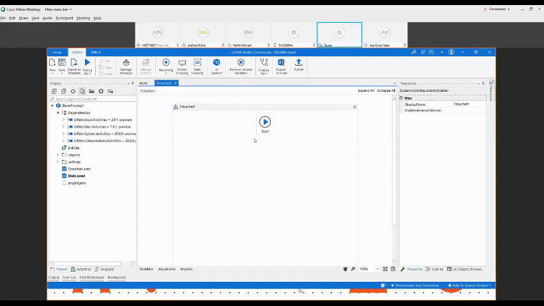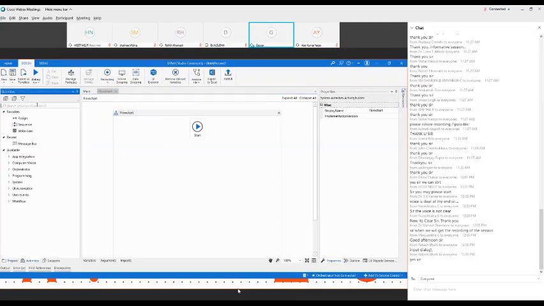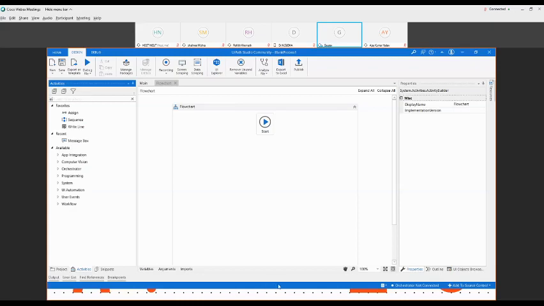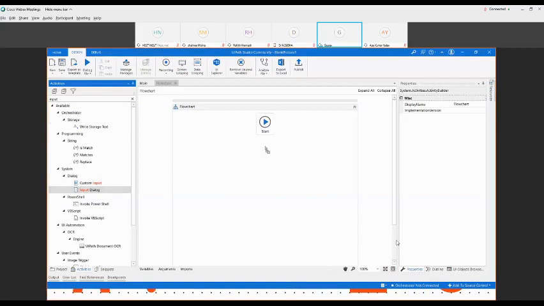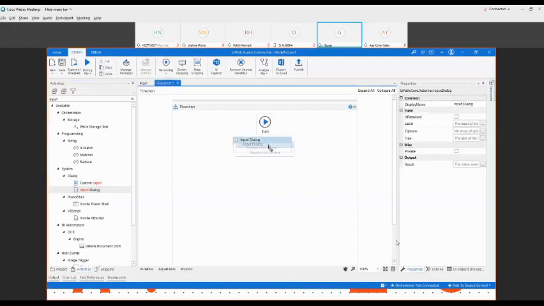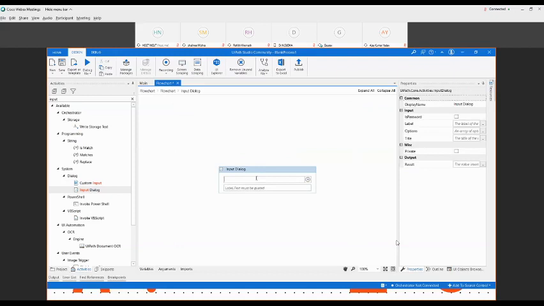Okay, so now I can use some activities. First of all, I have to take the input, so I can use a simple input dialog. In the input dialog, I can ask to enter your name.